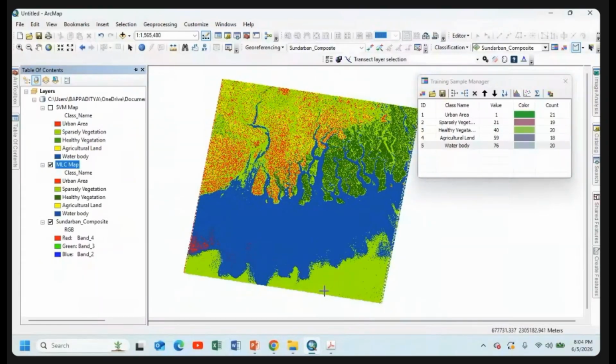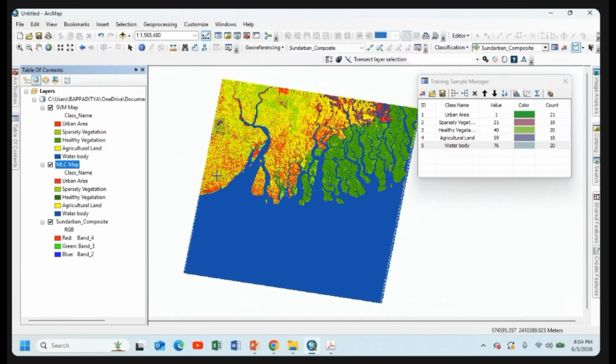Here some vegetated area has been prominently observed under the Bay of Bengal, but in SVM it clearly visualizes the changes where vegetation is properly observed, agriculture as well as urban and sparsely vegetated area, because SVM clearly identified the feature class from a smaller number of training samples, where MLC is a very traditional Gaussian method that cannot be applied to a small number of pixels, and assumes a large dataset for statistical analysis.